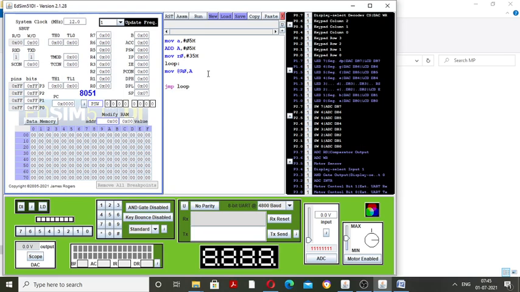So that location is specified here, 35. Then we start a loop. After addition we will get the result in the accumulator, so the accumulator result will be stored into this location 35. Then jump to loop, we will repeat this procedure.